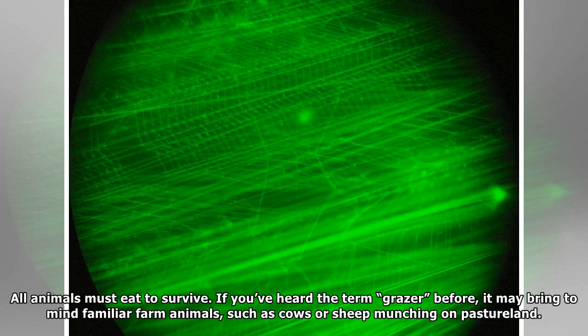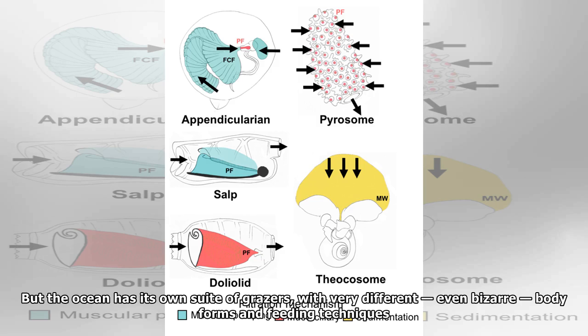All animals must eat to survive. If you've heard the term grazer before, it may bring to mind familiar farm animals, such as cows or sheep munching on pasture land. But the ocean has its own suite of grazers, with very different, even bizarre, body forms